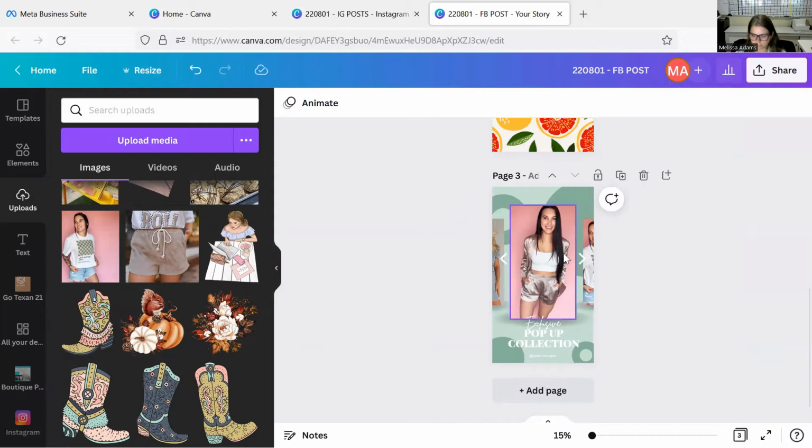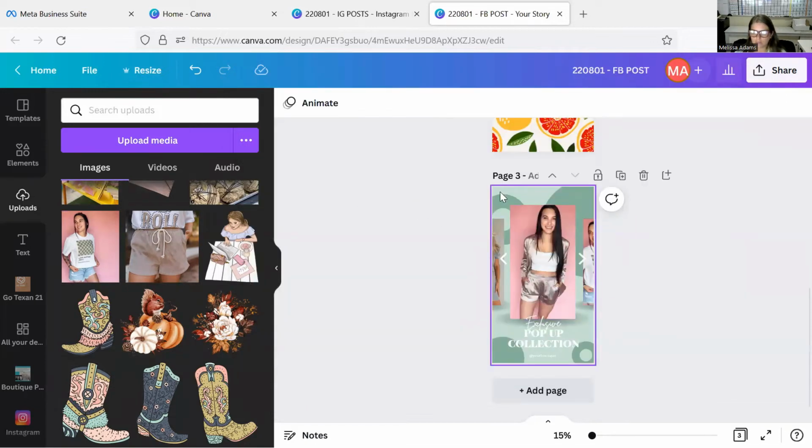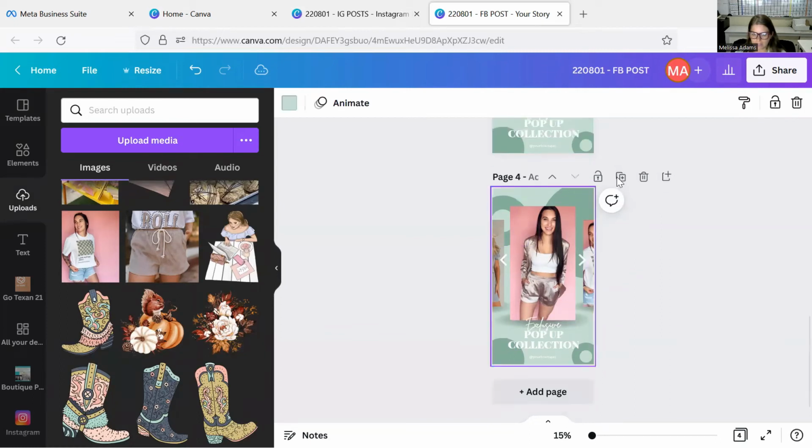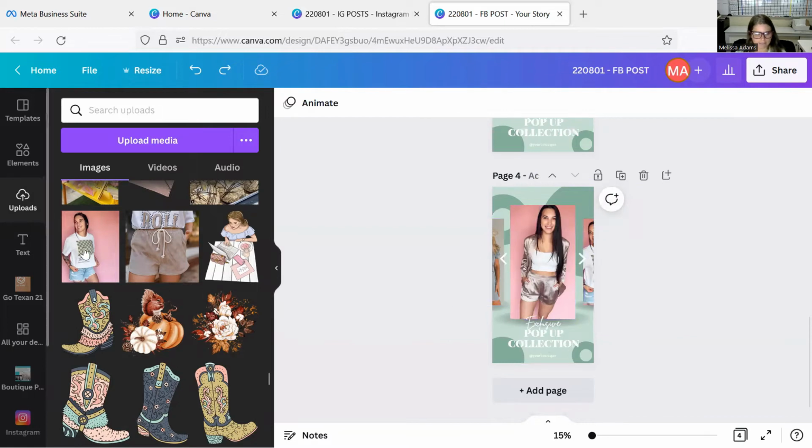It's good to go. So if we go back to our calendar, we want 2 days of these pop-up exclusive posts, and I'd probably do like 3 myself. I'd do 3 each day. So we want a total of 6. So all I'm going to do instead of having to do all that work again is press the little copy or duplicate page button. And now we've duplicated it. So now I want, oops, I don't want to do that. We basically want to be scrolling over, right? So I'm going to